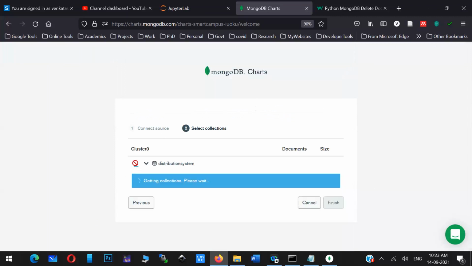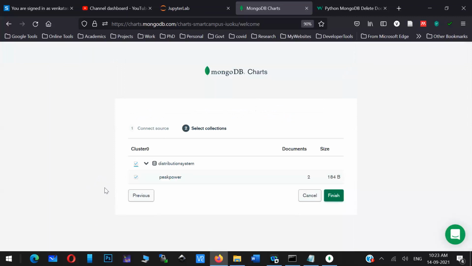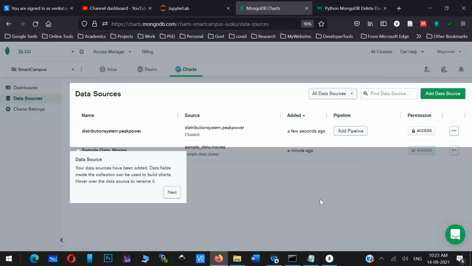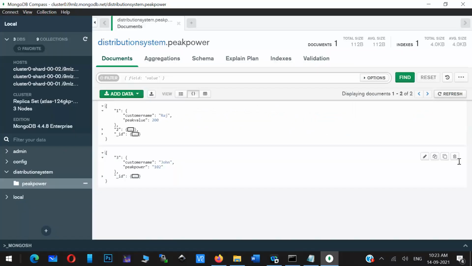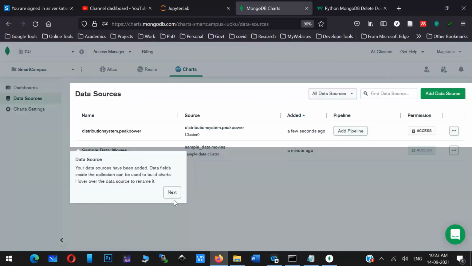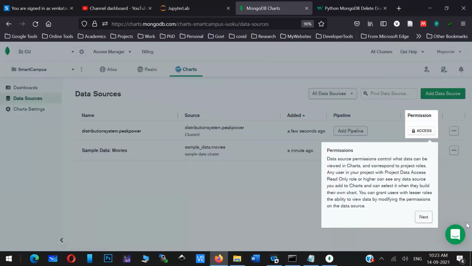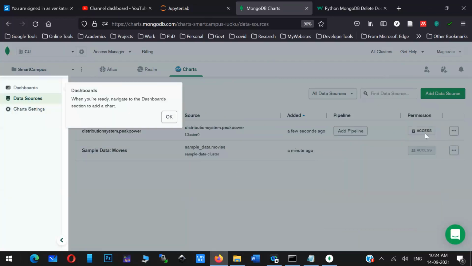Now you select which database you want to import. I'm importing the distribution system, and I say finish. I'll delete this one. Now, access is very important.